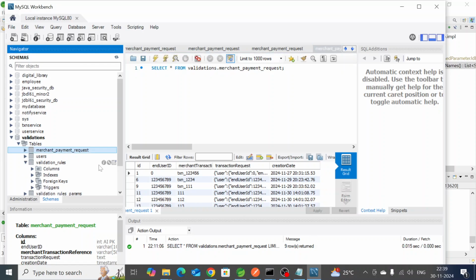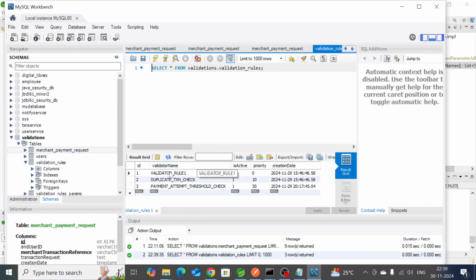If I run this query for you, here you can see we have valid rule 1, duplicate transaction check, and the payment attempt threshold check. These are the different validators we have, and we have given each a priority. So this should come first, after that this should be second, and this should be third. These are the three priorities which you have set, right? Okay, so based on that, from the